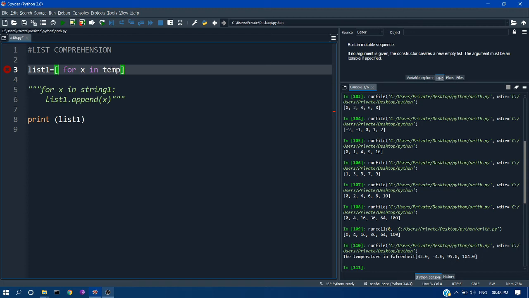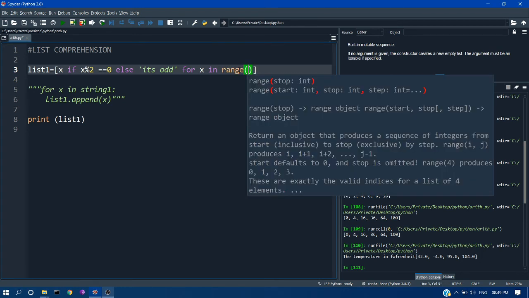So here you have to put your if statement, x if x mod 2 equal to 0. You can see we are using the condition at the start of the list comprehension. Then we have to put our else part after our if. In the else part we will directly print some string, the number is odd. Then after that, for the for loop, we have to put a